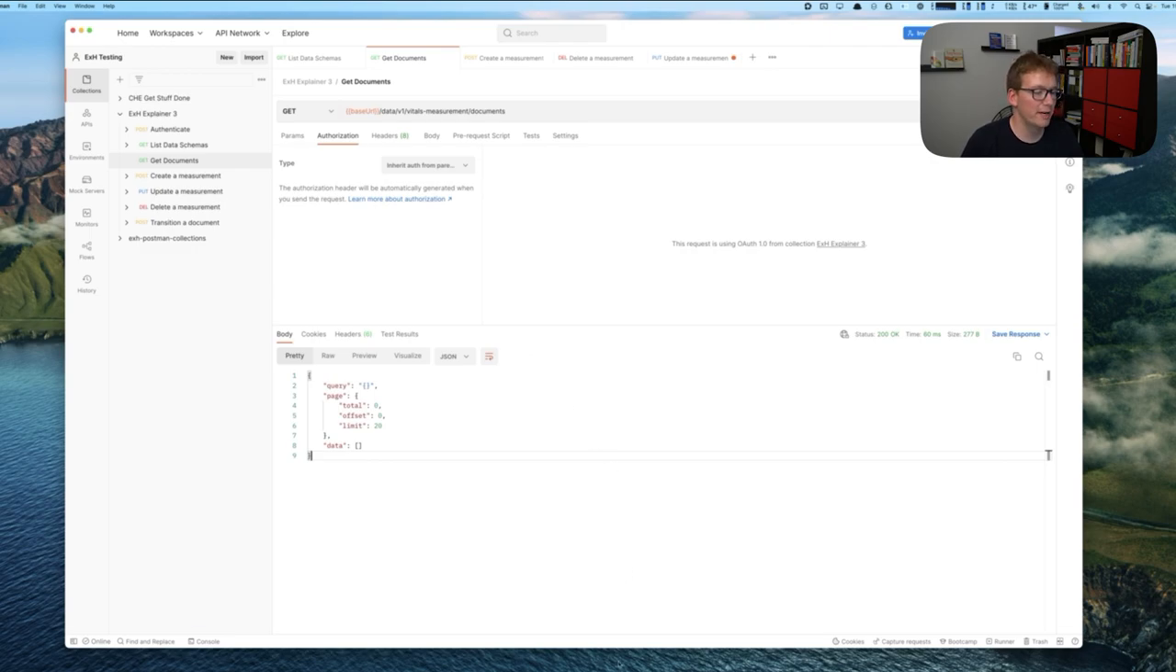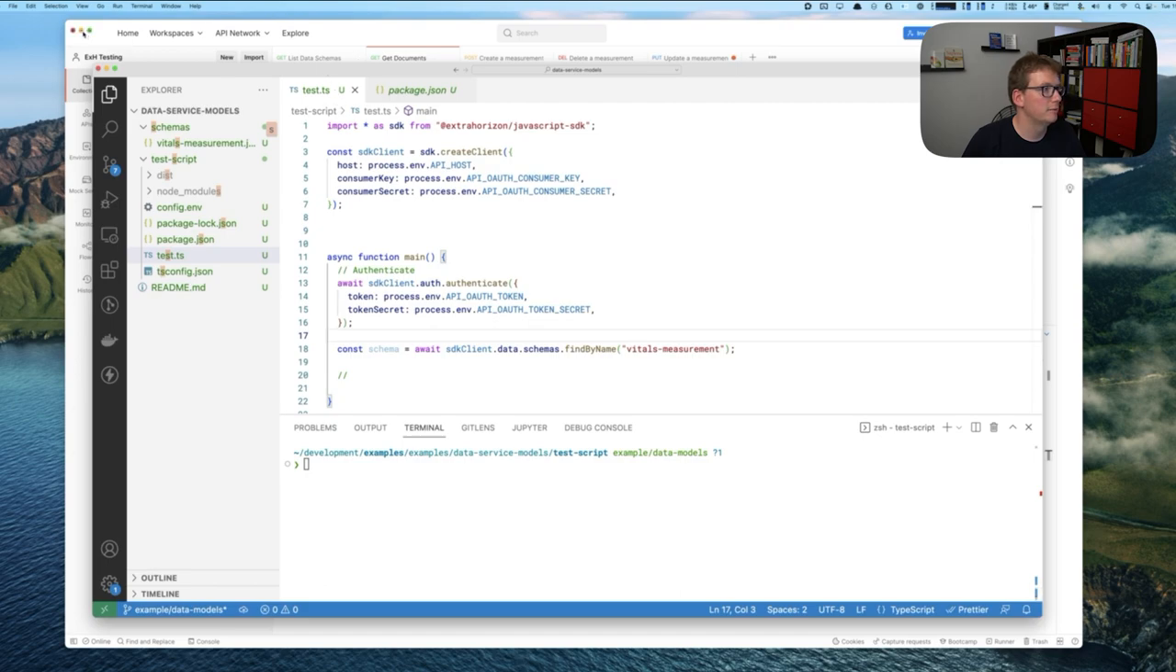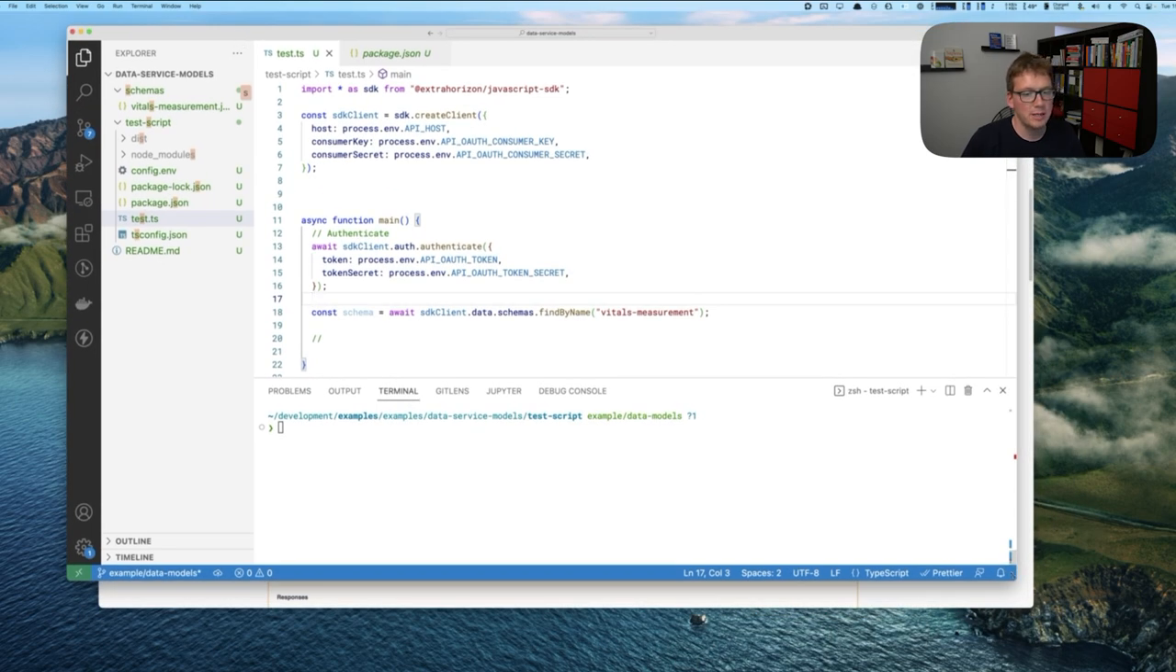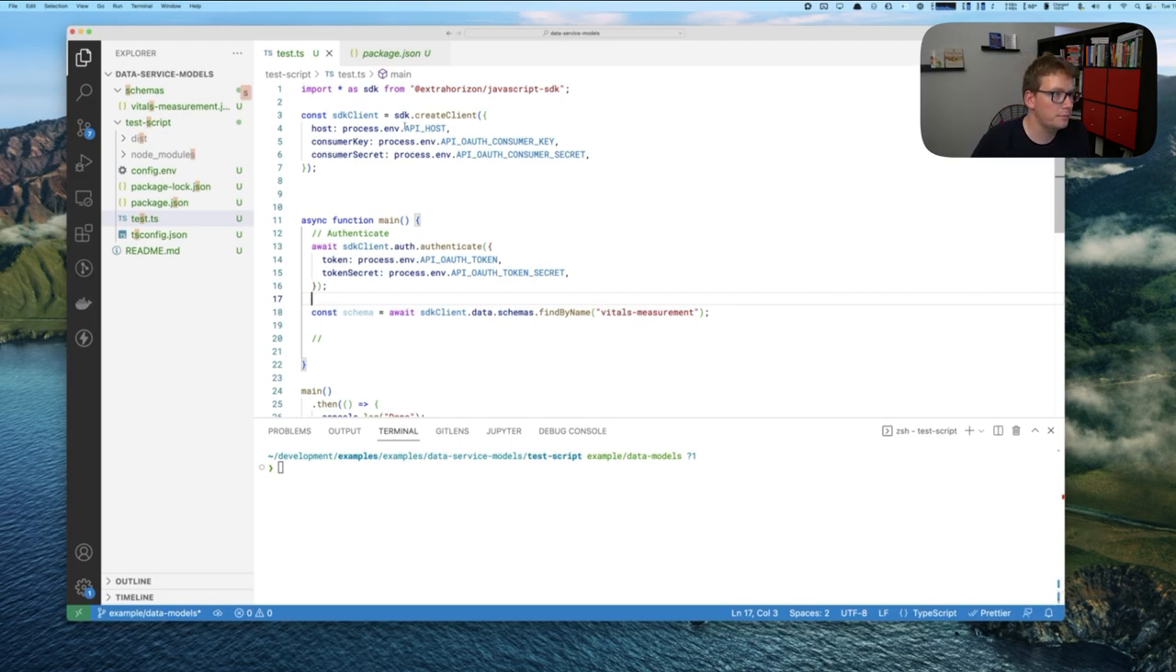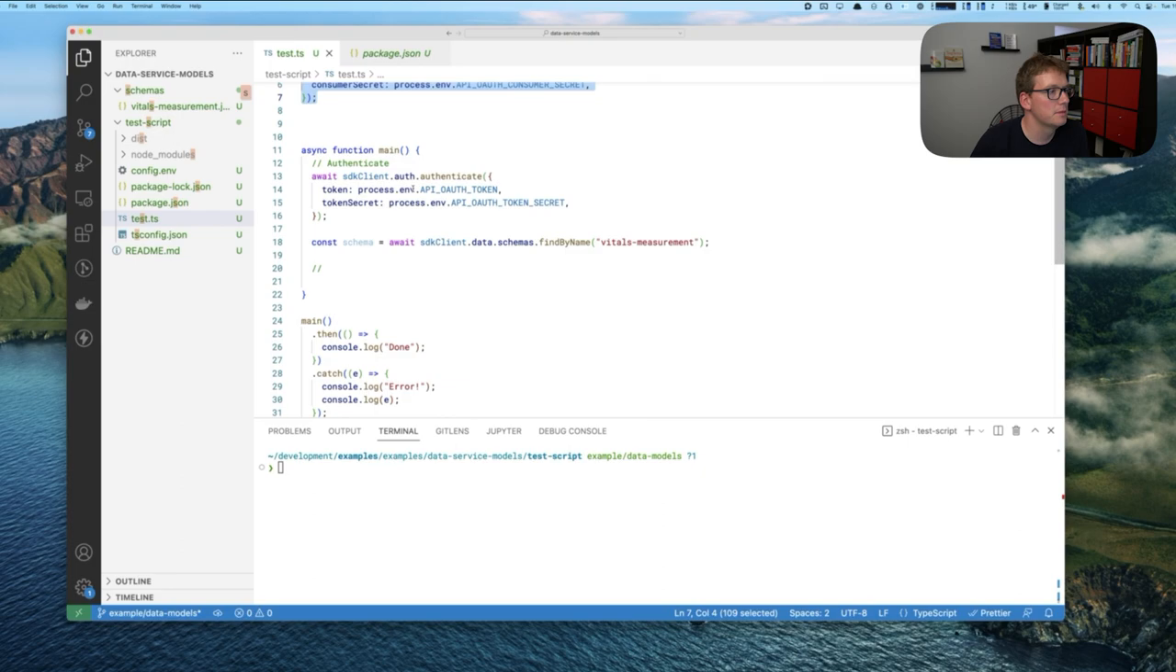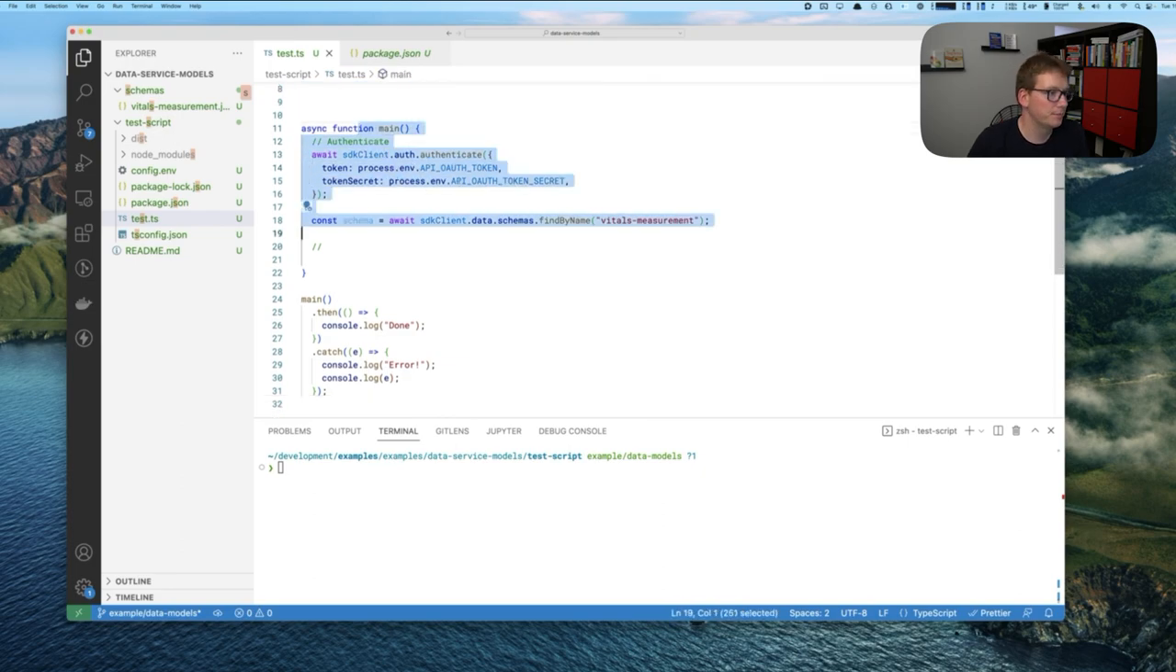We also have a very extensive JavaScript SDK to modify the database using a script or directly in an application. So let me pull up my editor here. I already added some boilerplate code. So I imported the JavaScript SDK. I created a client with all the necessary keys. And then in my main function, I will first authenticate against the API. I will pull in my schema. And then